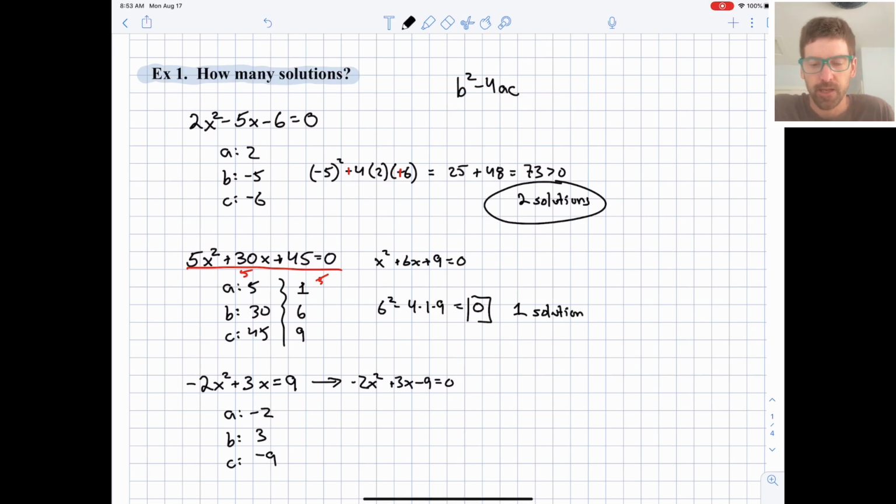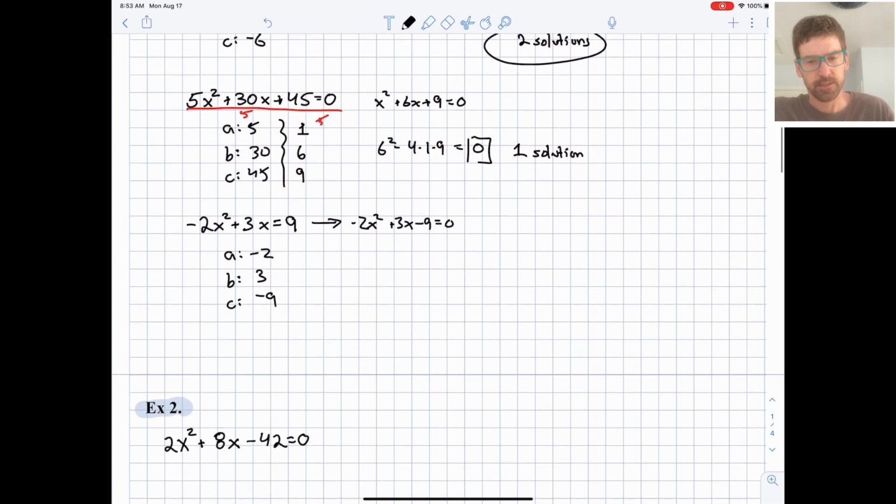Okay, and that also means if we were to graph the parabola, if this 0 was a y over here, if we were to graph the function, then the parabola would intercept the x-axis just once right at the vertex. Okay, and let's see here. Lastly,